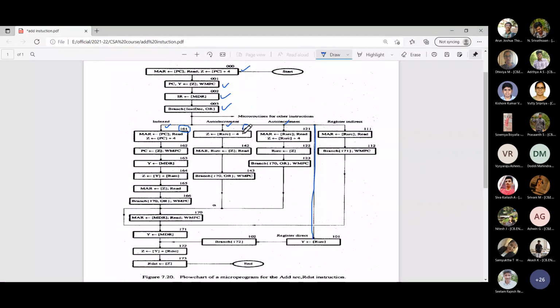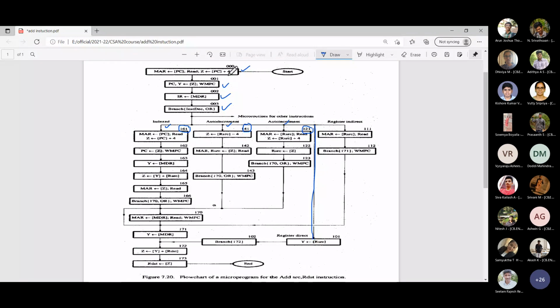You can get these starting addresses from the same formula that I gave you in the presentation: IR10, IR9 and IR10 bar, IR9 bar, IR8. From those expressions, you can get the starting address. Just as we derived the starting address for register direct and indirect, similarly you can obtain the starting address for auto increment, auto decrement and indexed addressing mode. Here I'll explain the flow of register indirect and register direct that we had already seen, and then I'll show you the actual difference and how it is implemented.